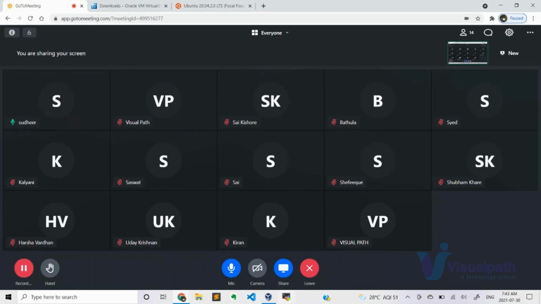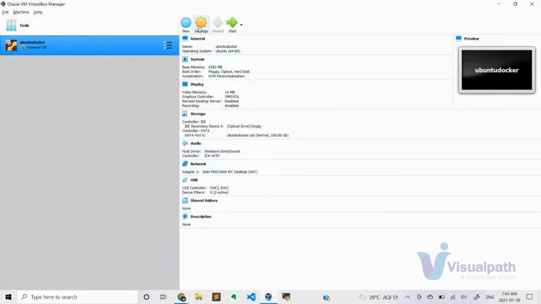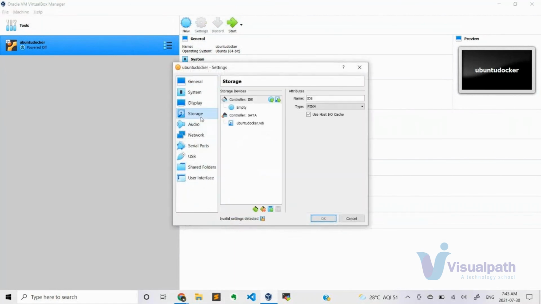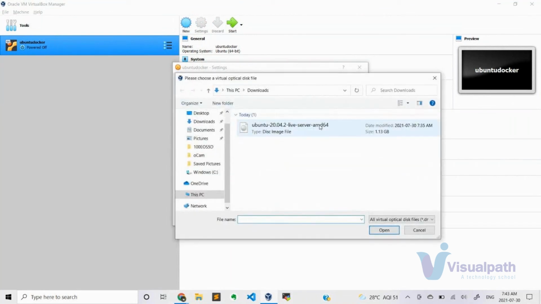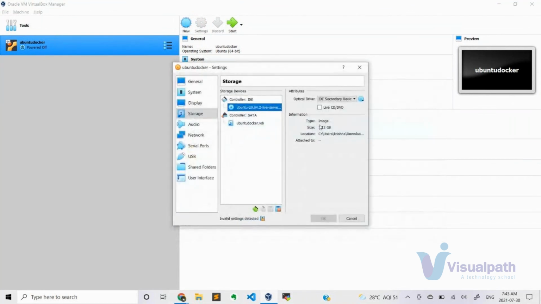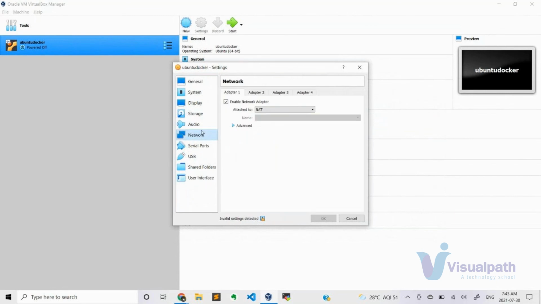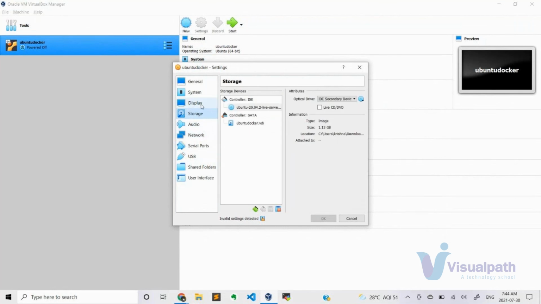Thank you. So let's go to this, and now I downloaded the ISO. So go to the settings, and go to the storage, empty, and now I can select my ISO. So choose this, this is the ISO which I have right now. Okay. And then what are the other things you have to do? Don't do anything with the networking. Let's use it as NAT. I'll tell you what this NAT is and all in the networking concept. Okay. So let us go with this, and then,